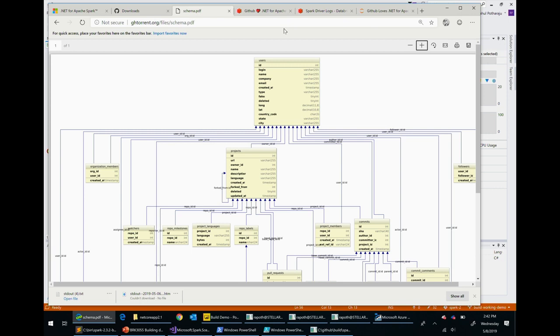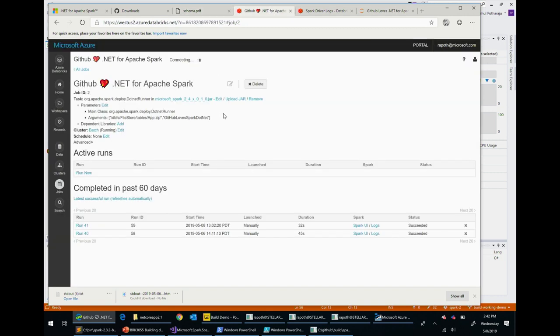So what I've done here is, there are instructions on GitHub on how to actually package your application. Right before the session, I managed to create a cluster on top of Azure Databricks. There are completely easy to understand instructions in terms of how to build your application, package it, and upload it into Databricks itself. So what I'll show you is a cluster that I've managed to create, and